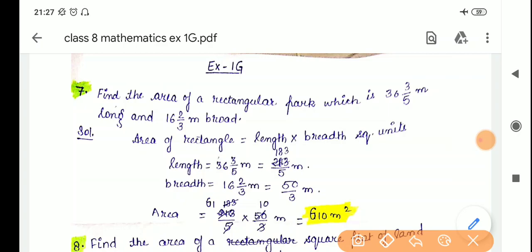So you should know, like in your previous classes you have studied mensuration also, and all the chapters, so the formulas should be there in your mind for these type of questions. Now according to the question, we have to put the formula of area of rectangle. What is the area of rectangle? It is length into breadth square units. Just remember that whenever you are finding the area, you have to put the square unit. Don't forget to put the square unit.